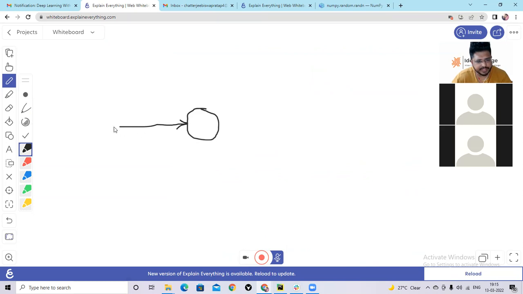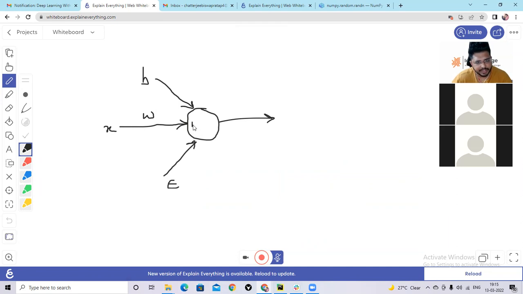So this is my linear combination here. This is the input x coming, this is the base value b, and this is the error value epsilon. The input x has a weight of edge w. Here a linear combination is happening.